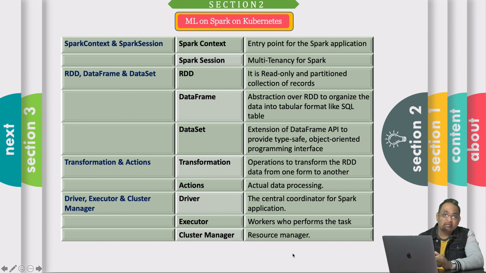As we had discussed, Spark follows the master-slave architecture, where we have one central coordinator and multiple distributed worker nodes. The central coordinator is called a Spark driver, which communicates with the worker nodes with the help of the cluster manager. Each worker node consists of one or more executors which are responsible for running the tasks.